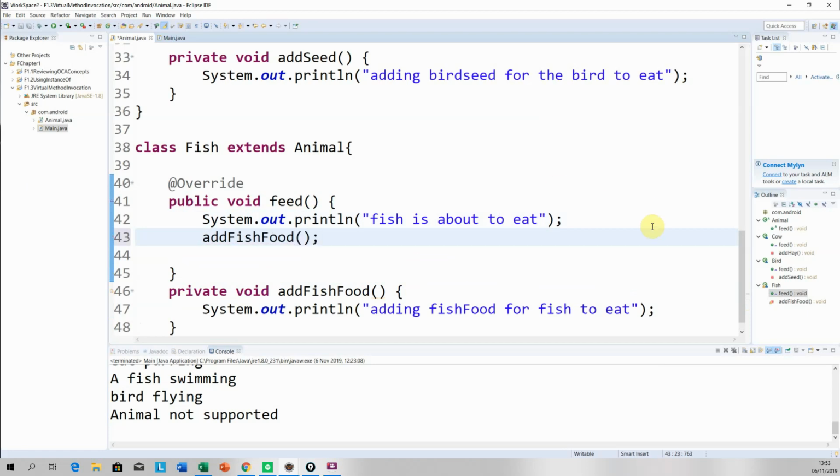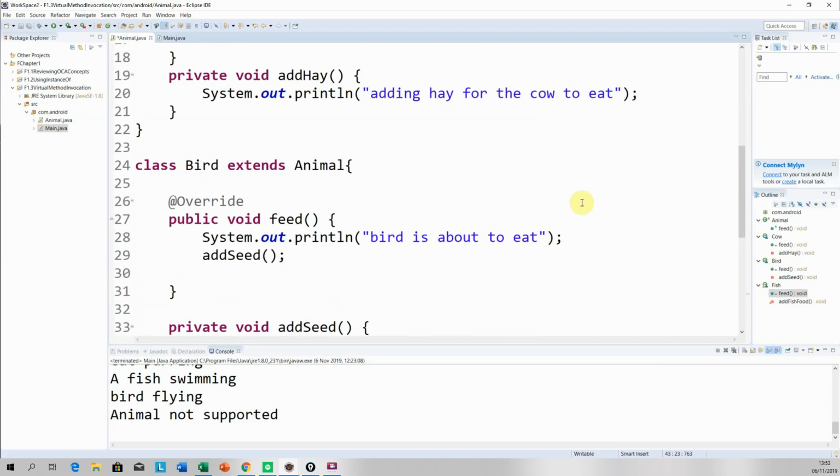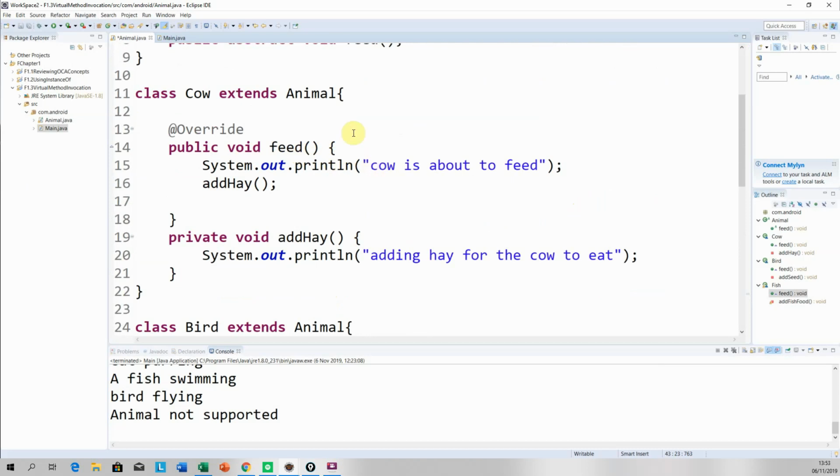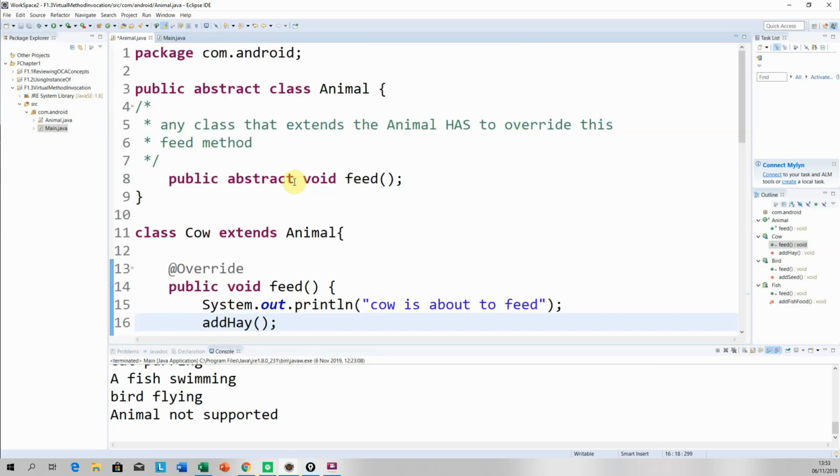Okay. In the Bird class, we've got a feed method, and that calls the addSeed method. In the Cow class, we have a feed method, and that calls the addHay method. Okay. Everyone with me so far? Yeah, nothing too extensive there. Now, inside